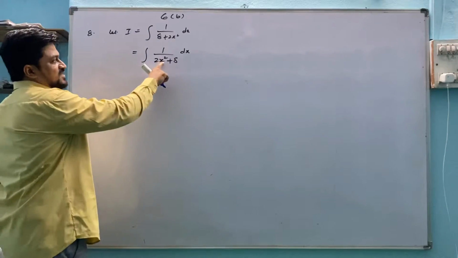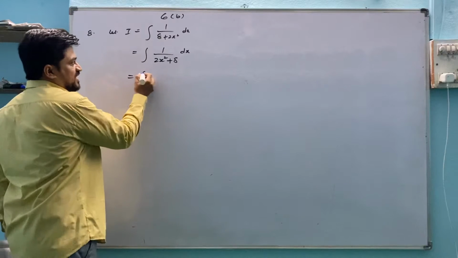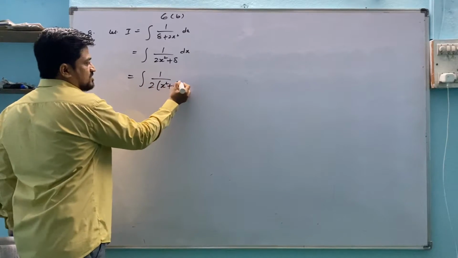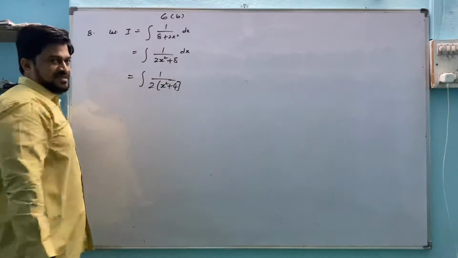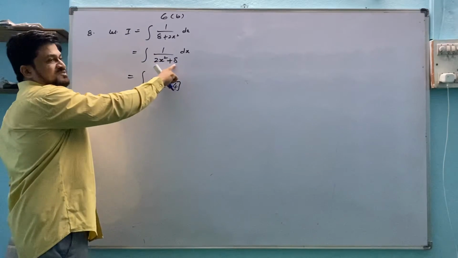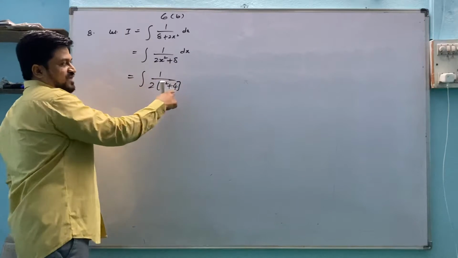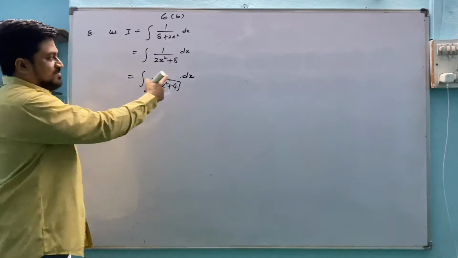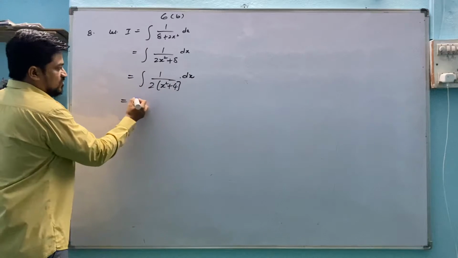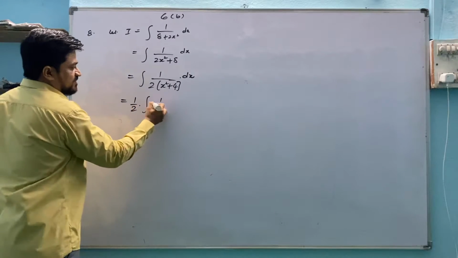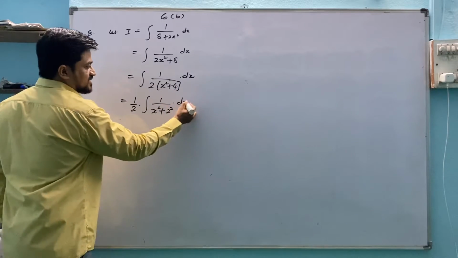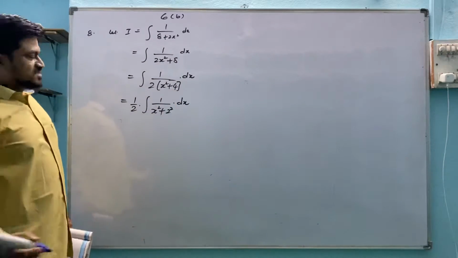Now make this x square free from this coefficient by taking 2 common. x square plus 4. Suppose here 5 is there. That time if we take 2 common, this becomes 5 by 2. This is 8, so we have a multiple, and dx as it is. Whenever you are writing an integral, keep in mind to write dx with that. Now 1 by 2 outside. Integral 1 by x square plus 4 can be written as 2 square dx. Now this is the form.